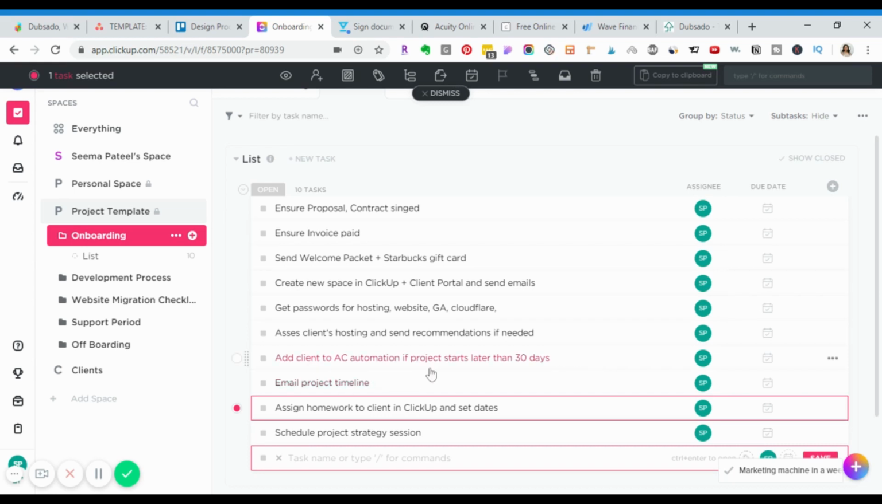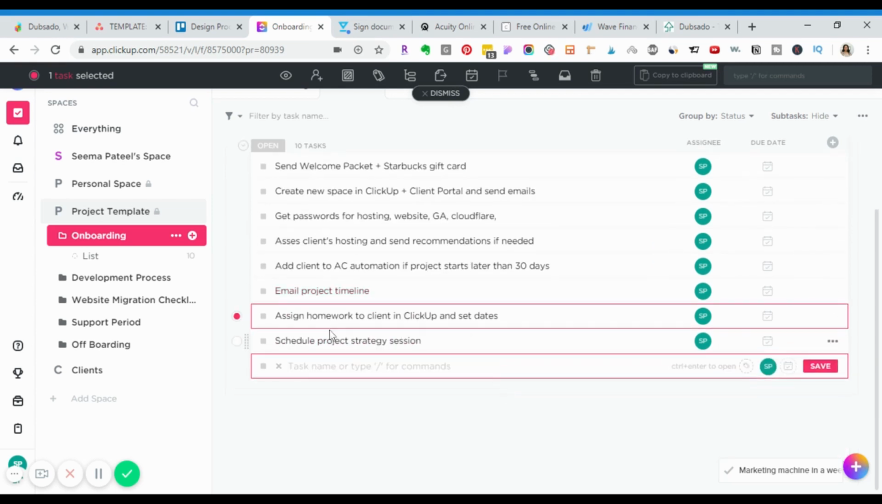And if that is not needed, then my next email is usually the project timeline saying this is when your project is starting, these are the milestones, this is when you will be able to see this part or review this part and all of that. And then any homework that needs to go to the client, the next email is that. And